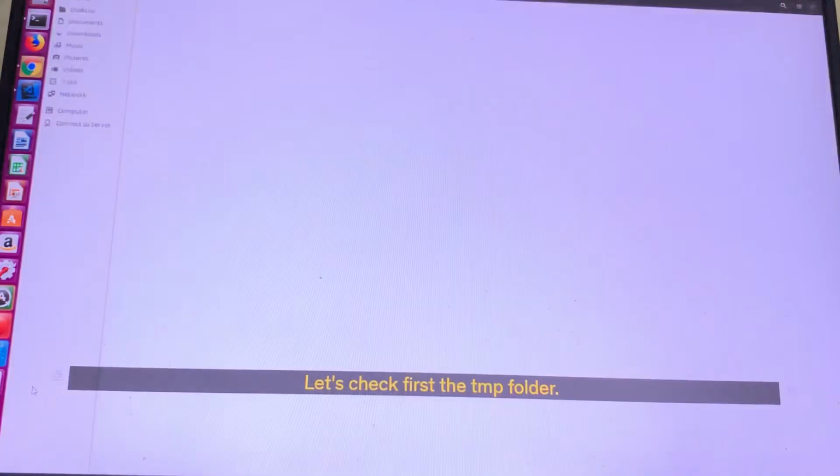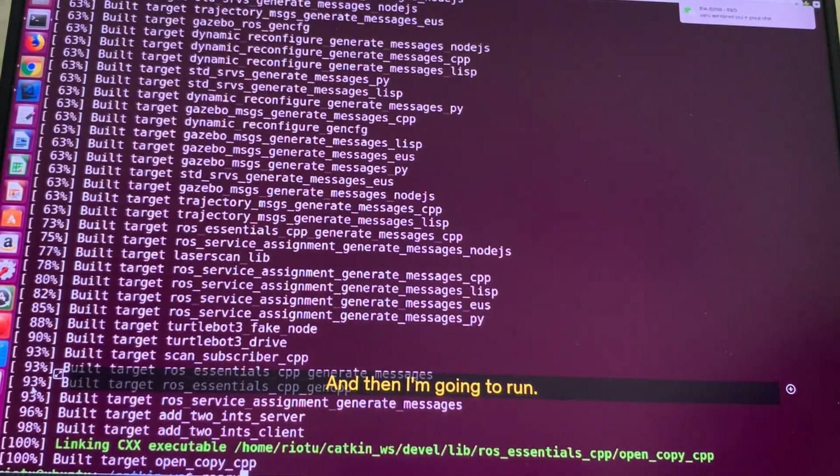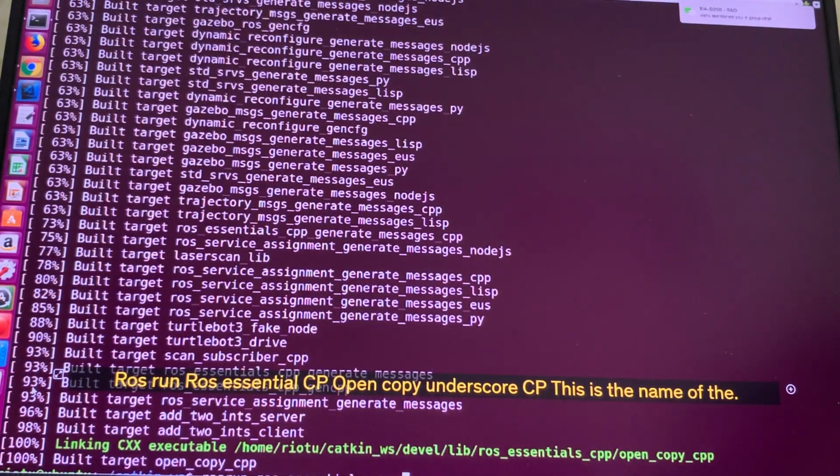Let's check first the TMP folder. This is the home temporary folder. There is nothing here inside. And then I'm going to run essential cpp